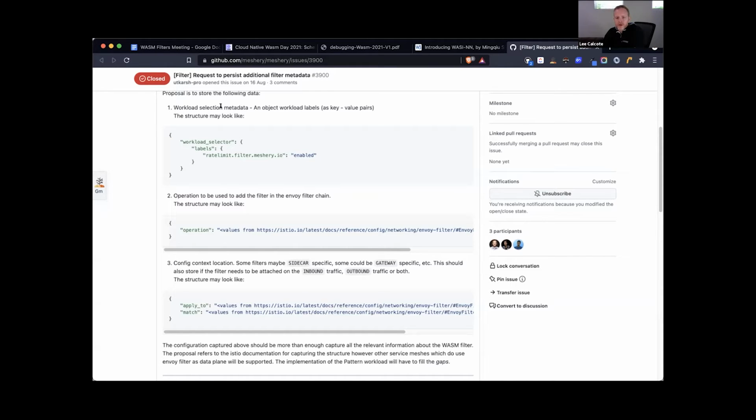Yeah, that makes sense to me. It also supports the notion that as a user goes to use MeshMap, MeshMap will need to understand what objects on the canvas, what node types on the canvas, are allowed to receive a filter, right? Because that's where this metadata would also come in. Yeah, that makes sense.